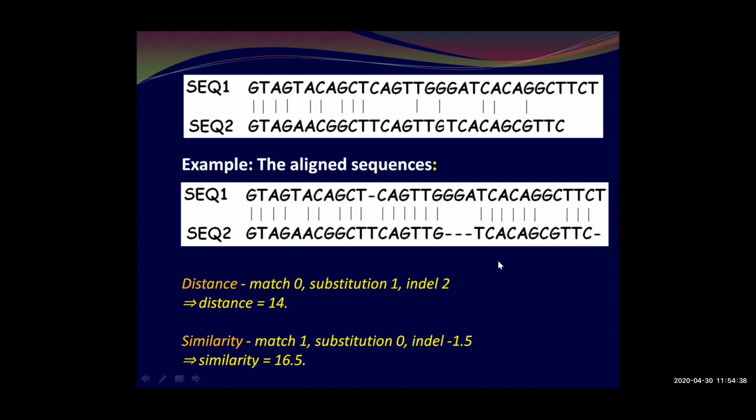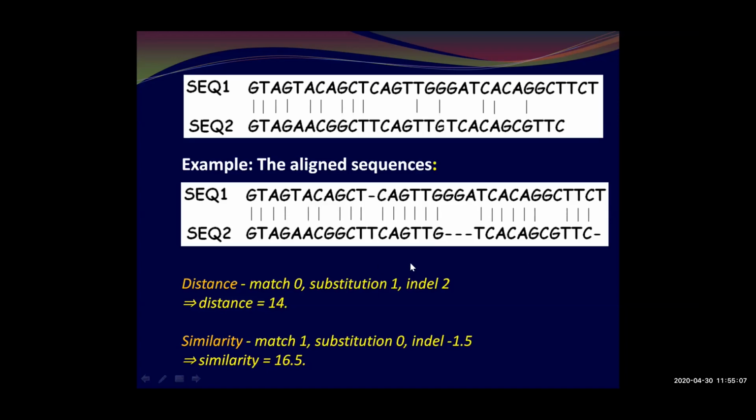Sequence alignment tools will do this, meaning they will create gaps here and there randomly several times and try to find out the score. If the quality of the score is increasing, if the number of matches is increasing after putting some gap, that means that is acceptable. Okay. But how this is done by a dynamic program, we'll be discussing with the help of an algorithm in the next class.